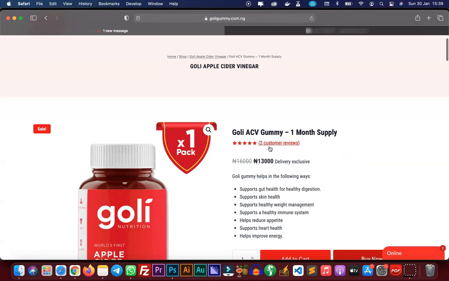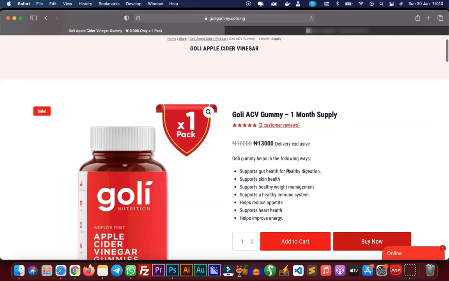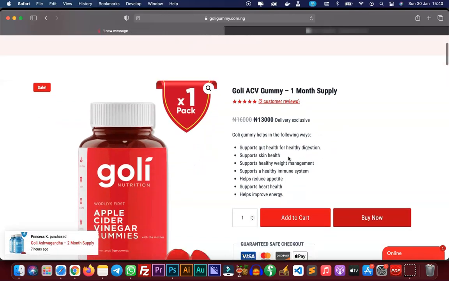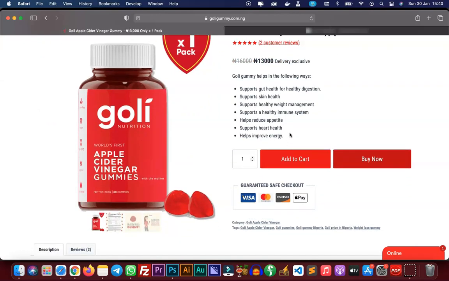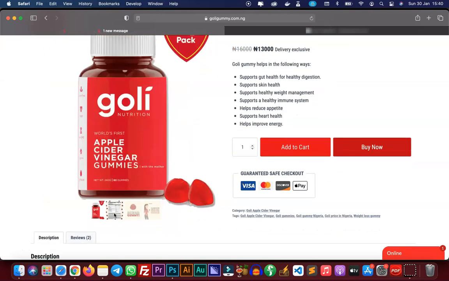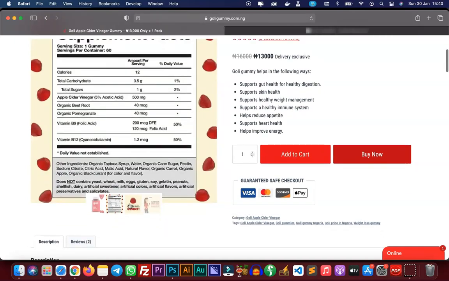So currently I have 2 reviews on this, but a lot of sales have been made from this actually. Nigerians just don't like leaving reviews. So I don't know if it's the same thing in your own country if you are not in Nigeria. So here you have some health benefits highlighted here as bullet points. Just a typical shopping cart, and below the product image you have the gallery with supplement facts and some other